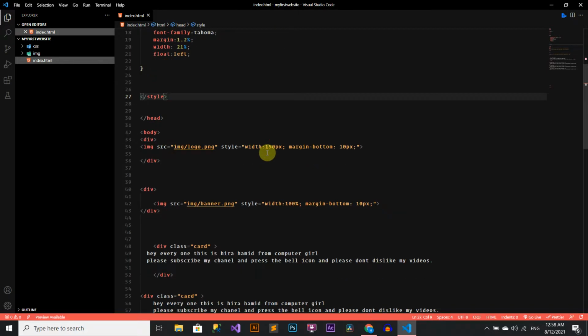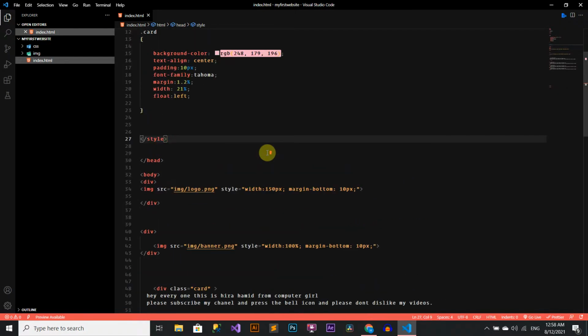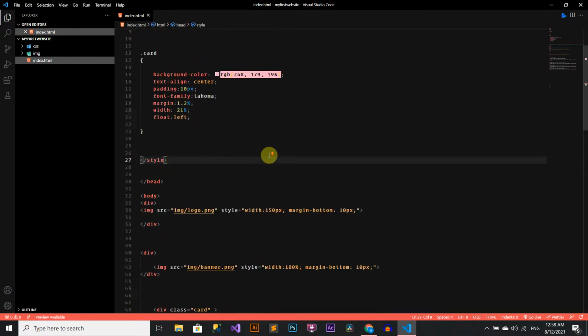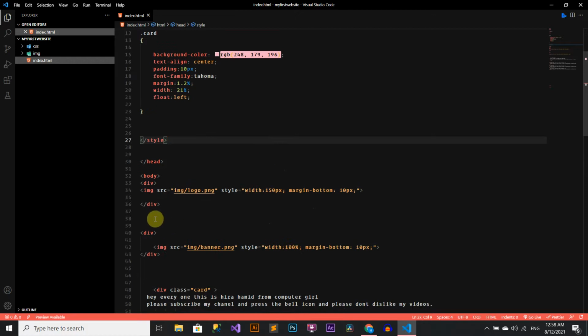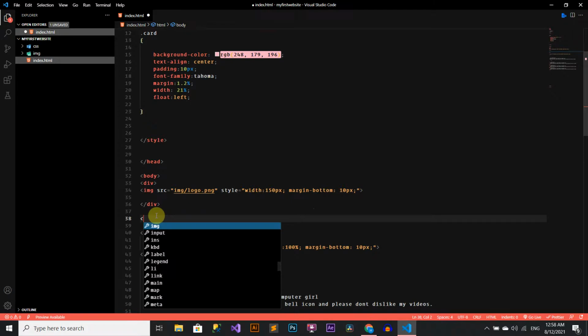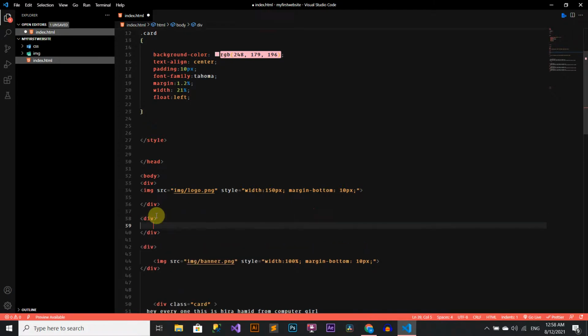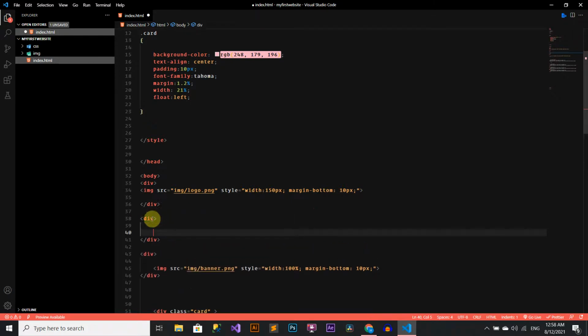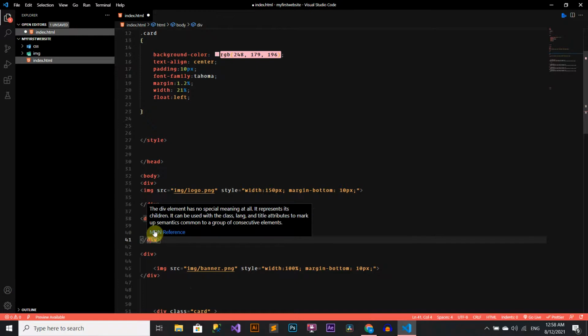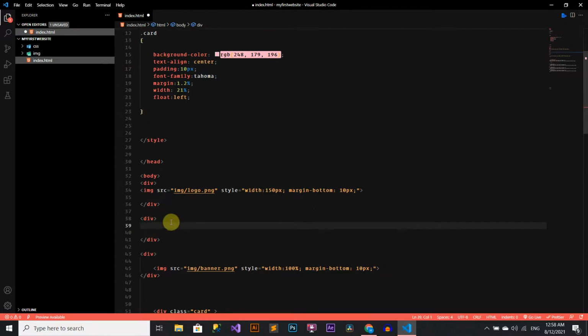In last class we covered how to use internal CSS and CSS class. In this class we will cover how to create multiple pages and link with menu. Now first we will create menu links in index, so we will write after the logo. Another div open and close. Now inside the div we will first write the page links.